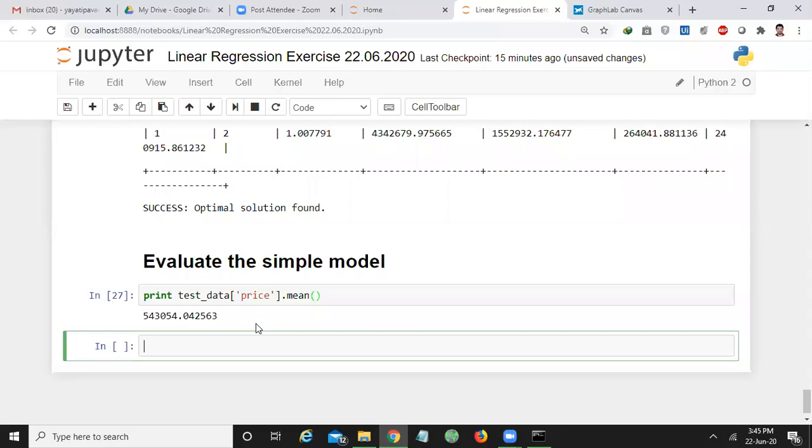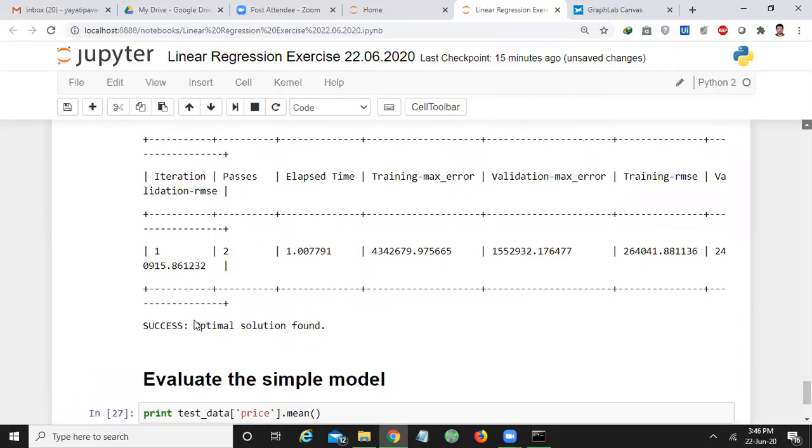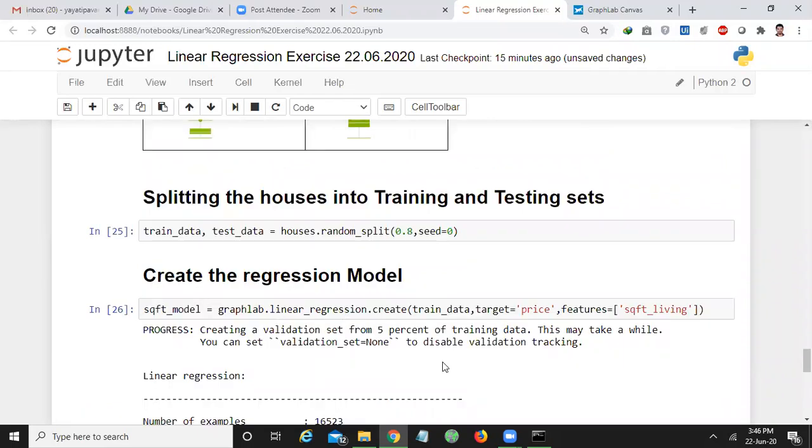Based on that, I want to calculate the accuracy metrics for my model, that is the SQFT model. The model name is SQFT model. Here we have SQFT underscore model is equal to GraphLab dot linear underscore regression dot create.